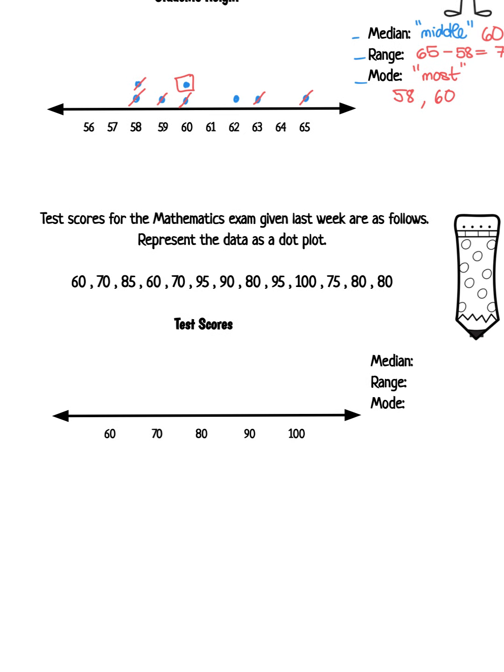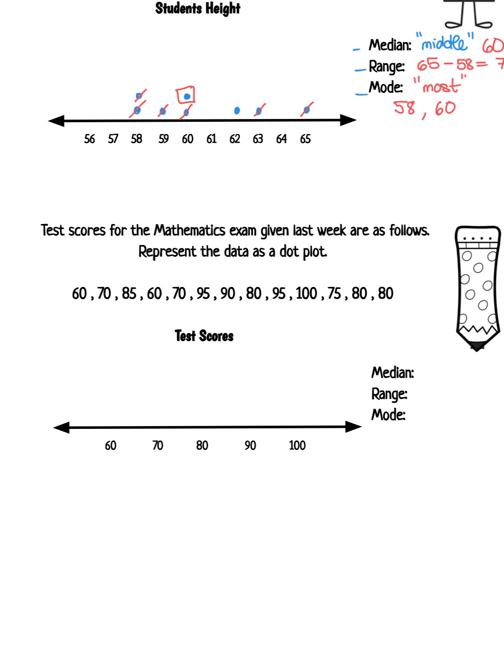Next one. Test scores for a mathematics exam given last week are as follows. Represent the data as a dot plot. So we're given the test scores and we're going to put these numbers as dots on the number line. Oh, by the way, it doesn't always have to be a dot. It can be a mark. So I will try a mark. Okay. 60,